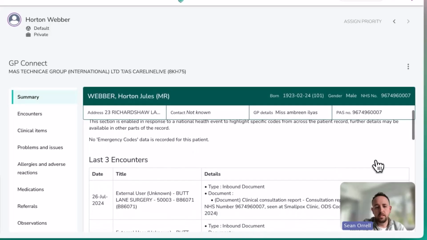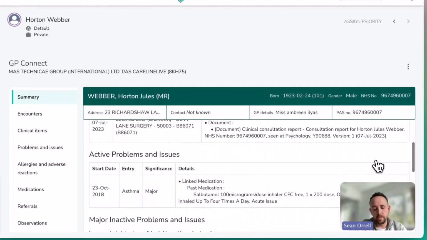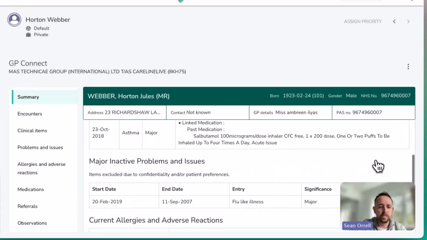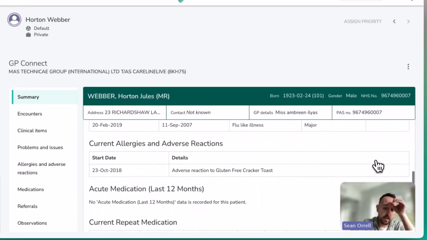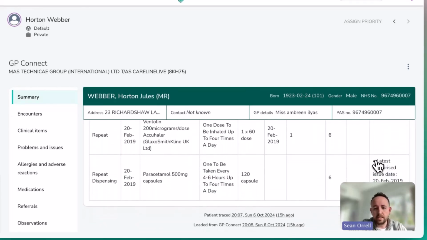So the summary screen literally provides everything within the records. The summary screen is also there for restricted access, but will only contain the restricted view. And at the bottom, there are two time stamps as well. Doesn't mean anything to you. It doesn't need to mean anything to you, but it's just to ensure that we show the information as and